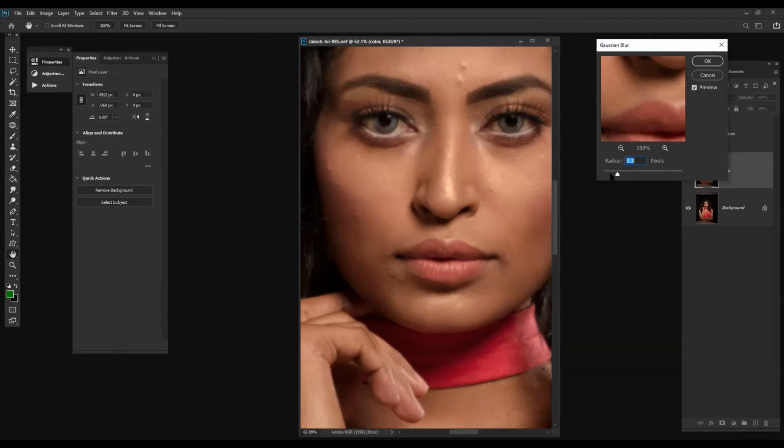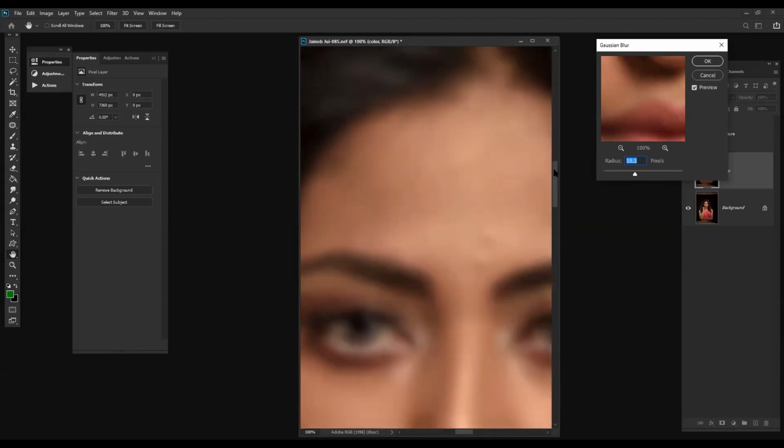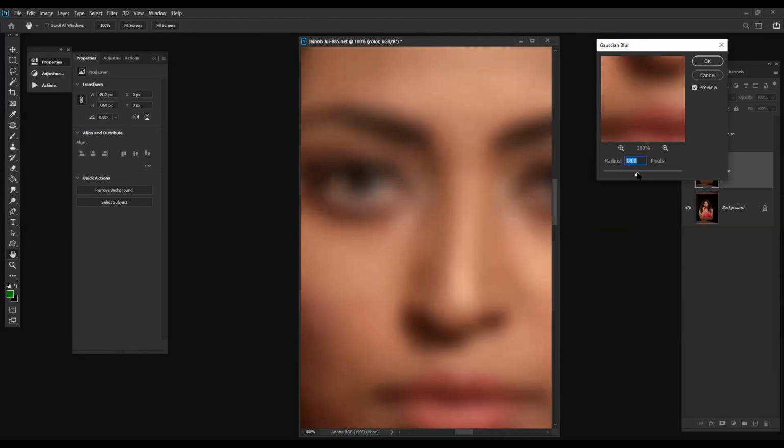Don't fix a number. What we have to do in frequency separation basically is just even out, smooth out the textures of the image. In this case, a 10 is perfect. We can't now see the textures of the skin. This is the work of frequency separation. Don't overdo it. Don't start merging the lines.